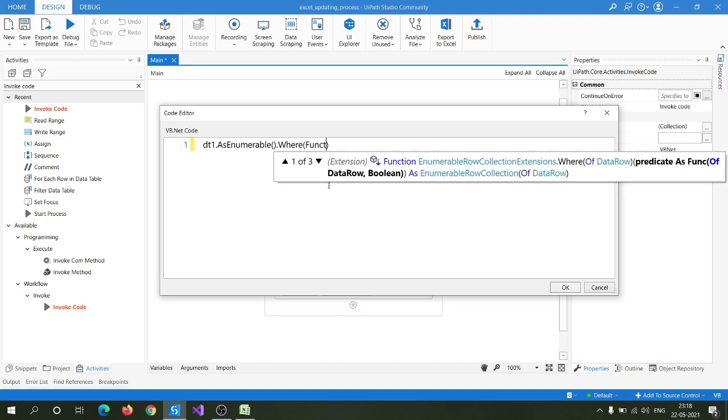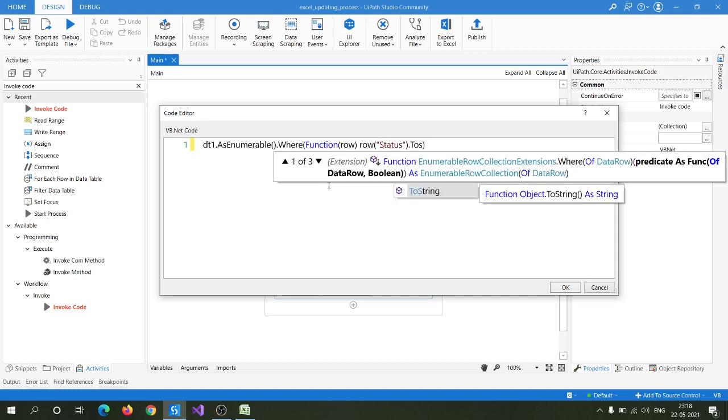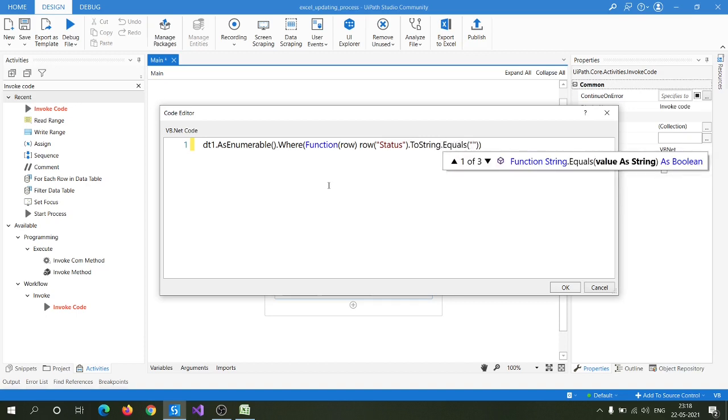We can use a lambda function by which we select the rows whose value is empty under the status column. So row of status dot ToString dot Equals. Here we need empty data, so we use double quotes, which represent empty data. Now by using this method we have selected the rows whose cell value is blank under the status column.